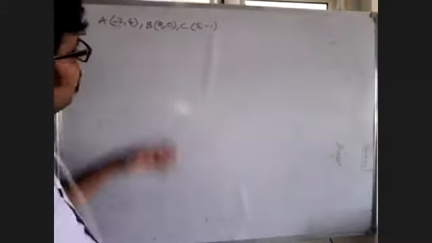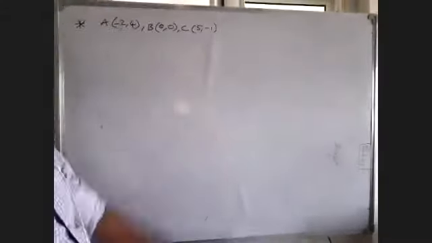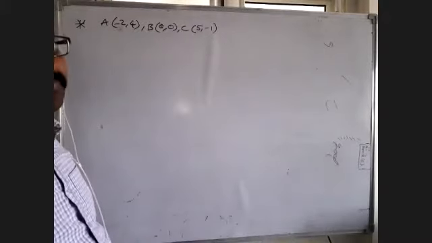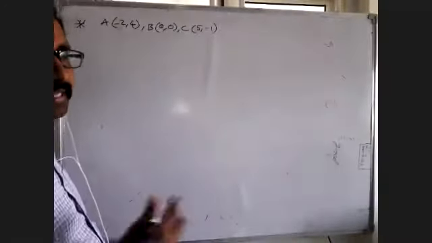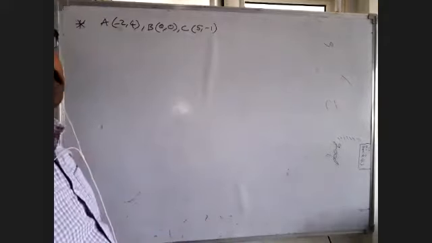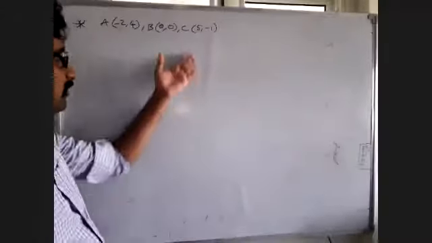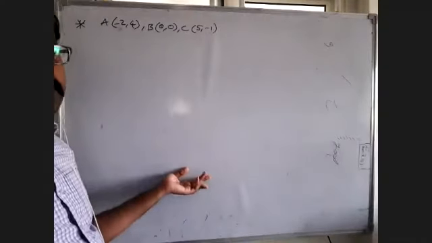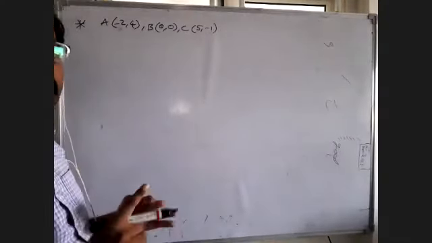We have three types of triangles from angles and three from sides. Here, since the points, I mean vertices, are given, it is better to follow sides. The relations for angles are also with sides only. AB, BC, AC mean sides only. AB means the A to B distance, BC means B to C distance, CA means C to A distance. So here A, B, C are given. To find which of the six types of triangles this is, we have to first find what is AB, what is BC, what is AC distance.